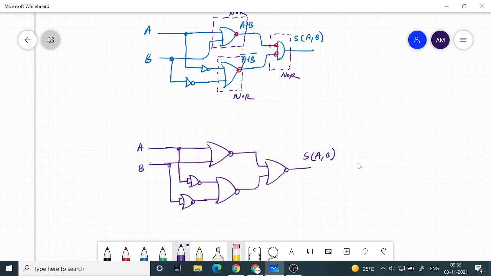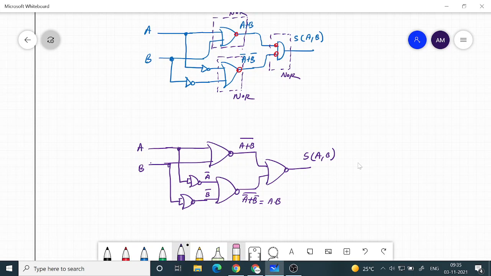You can verify this. So here definitely we are going to have A bar and B bar, and this is A plus B the whole bar. This is A bar plus B bar the whole bar, which, if I want, I can write as AB by De Morgan's theorem.